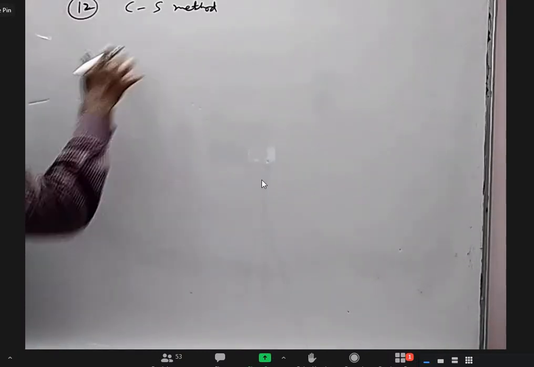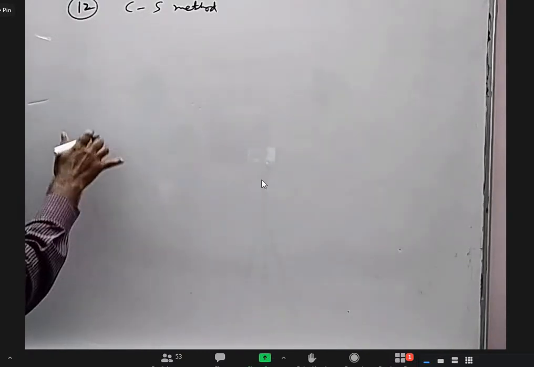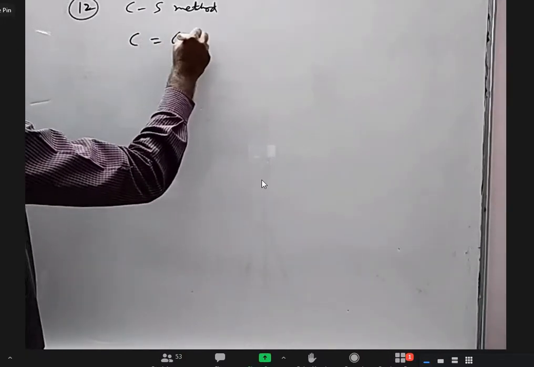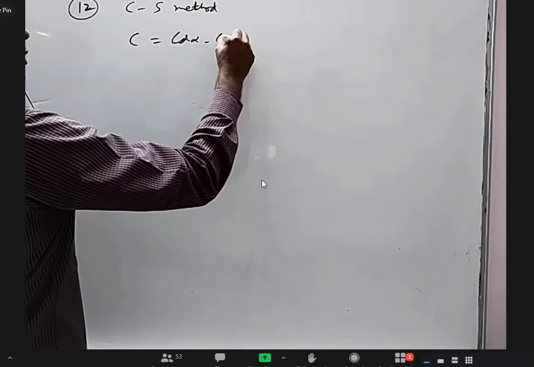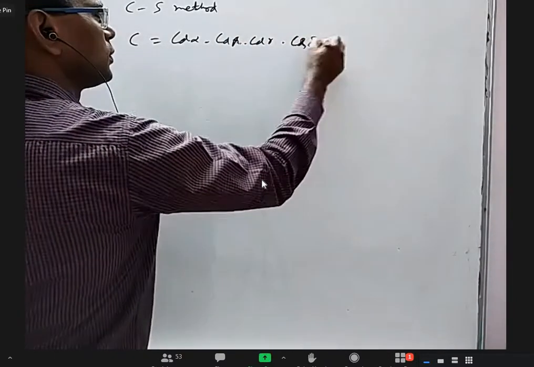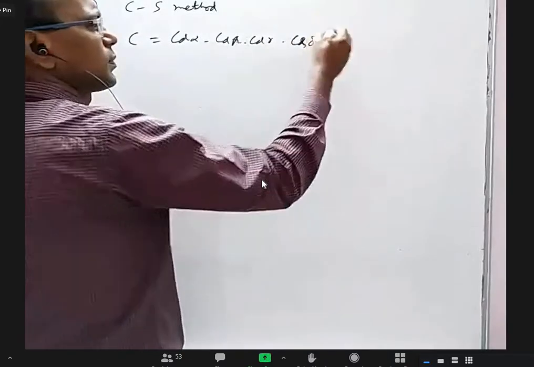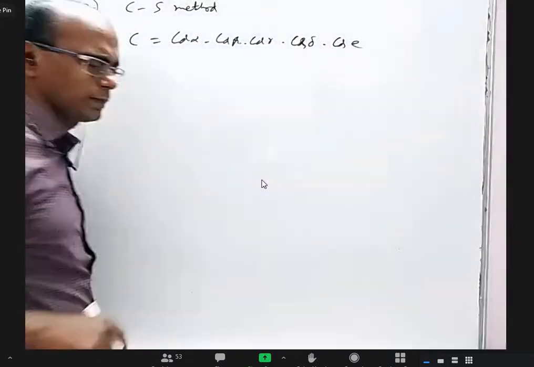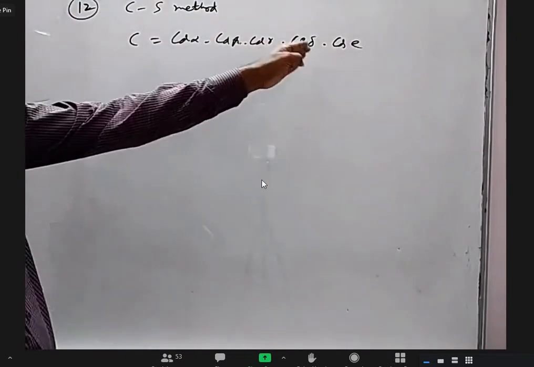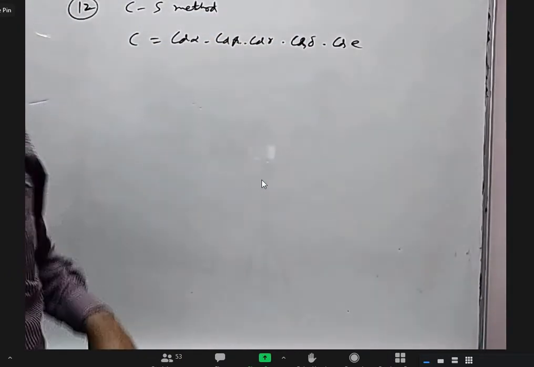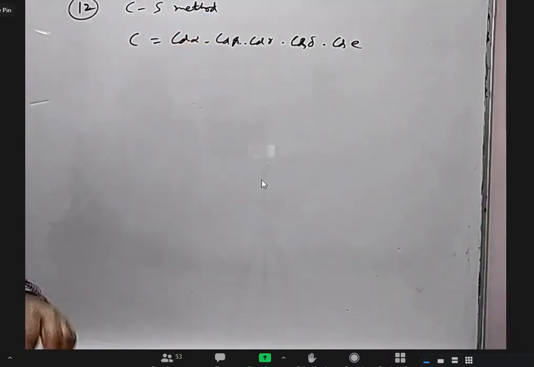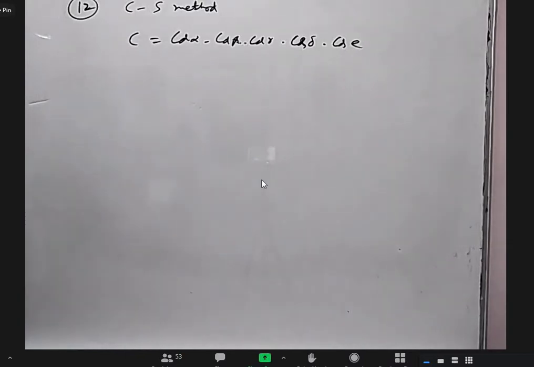Sometimes they'll give you a question. I'm not stating it like a formula, I want to just describe it, but you can write something. Let us say they gave you cos alpha into cos beta into cos gamma into cos delta. Maybe this is pi by 7, this is 3 pi by 7, this is 5 pi by 7, this is 7 pi by 7, this is 9 pi by 7. We don't know those values. Cos pi by 7, we don't even know. It's not one of the known values. But they will ask us to simplify this.